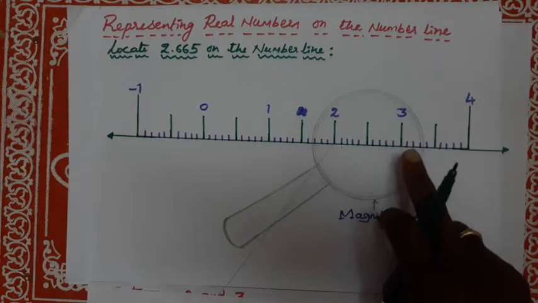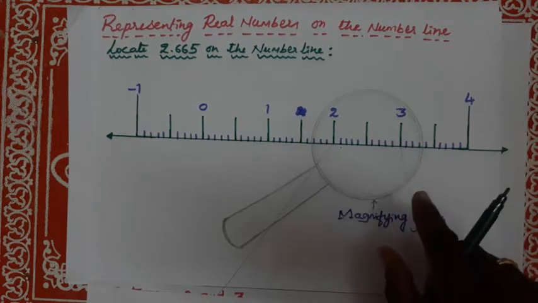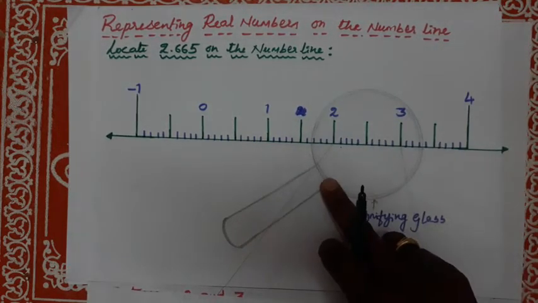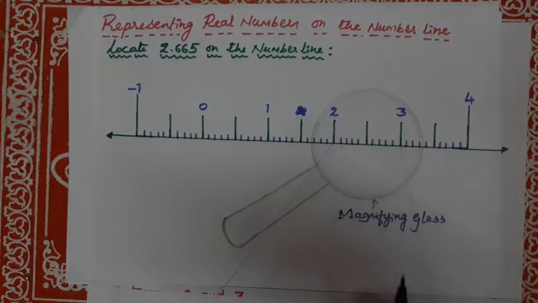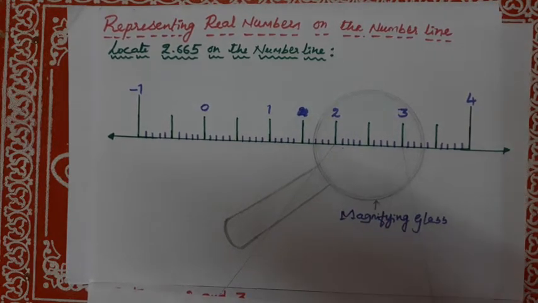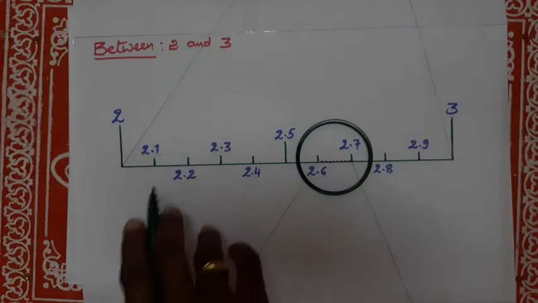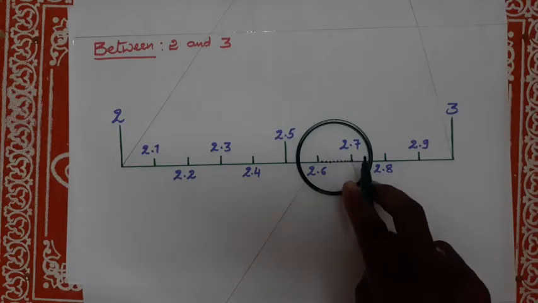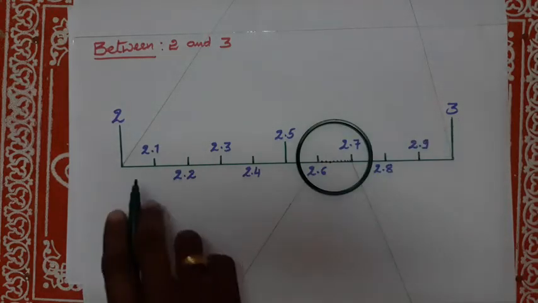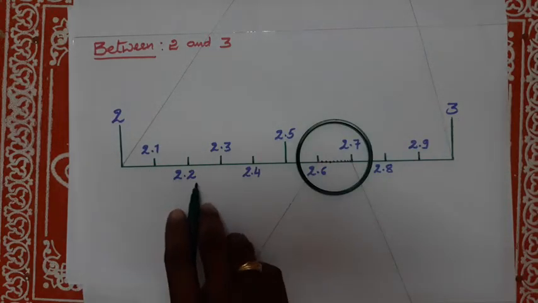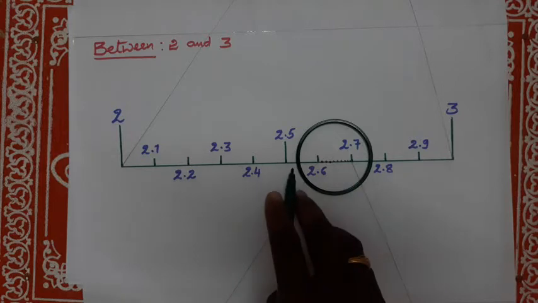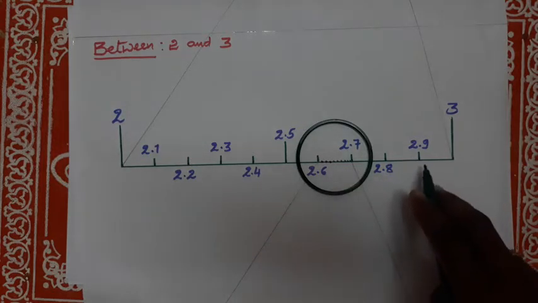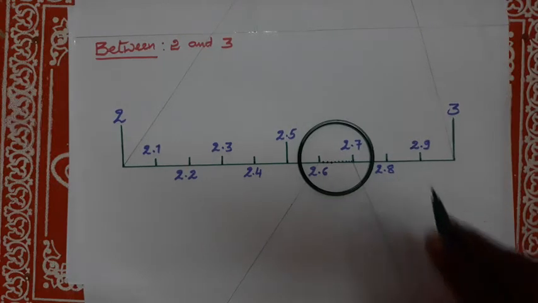To have a clear view of the same, you may take a magnifying glass. We take this, which is called a magnifying glass, and look at the portion between 2 and 3. It will look like what you see in the first figure. See here, 2 and 3, 2.1, second one 2.2, third one 2.3, 2.4, 2.5, 2.6, 2.7, 2.8 and 2.9. Now,